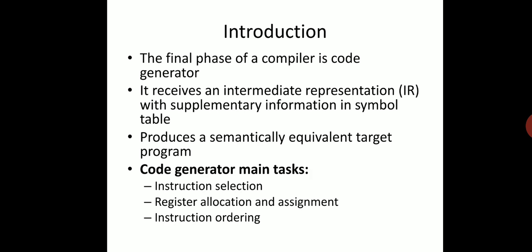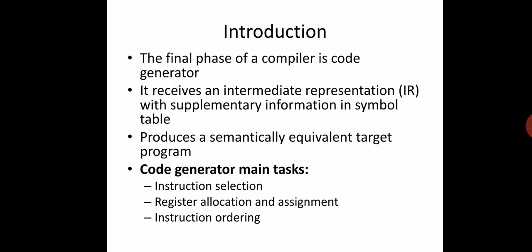The intermediate representation which is created by the front end of the compiler. We know that though we have 6 phases of the compilation, those phases are further grouped into front end and back end. The front end consists of the first 4 phases of the compiler, that is lexical analysis, syntax analysis, semantic analysis and intermediate code generation. So these 4 phases together form the front end of the compiler. What is the output of the front end? That is intermediate code. We can call it an intermediate representation.